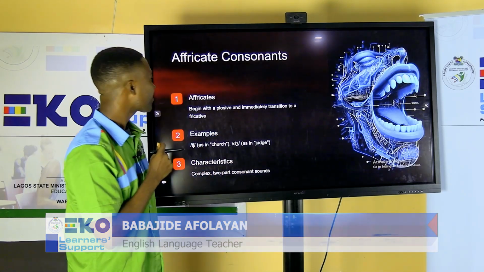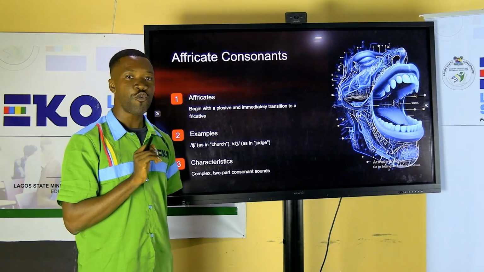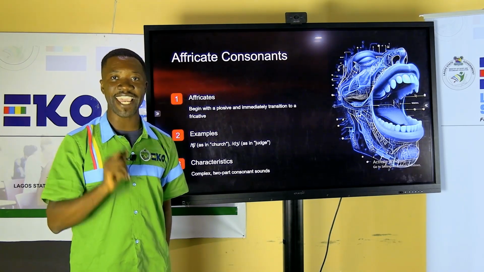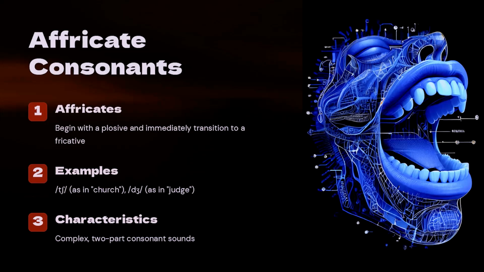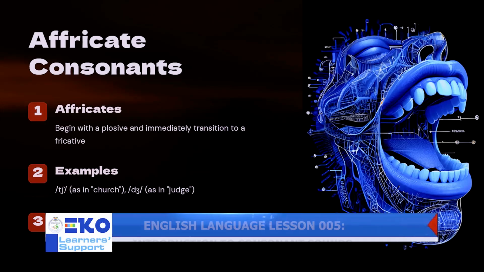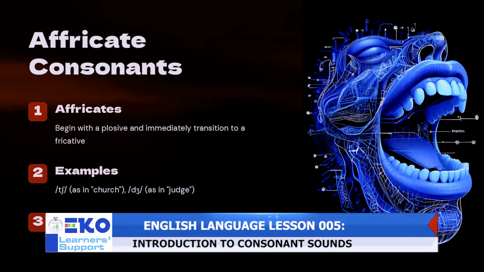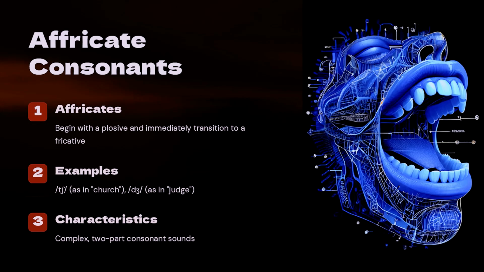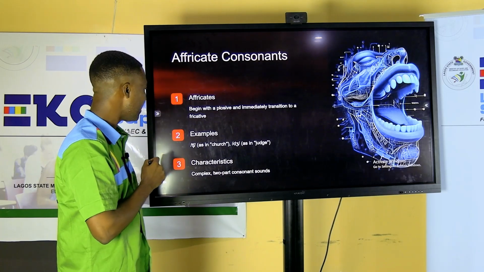Let's move on. The next sound we are looking at is the affricate consonants. The affricate begins with a plosive and immediately transitions to a fricative. Examples are sounds